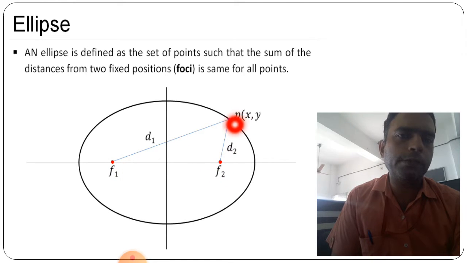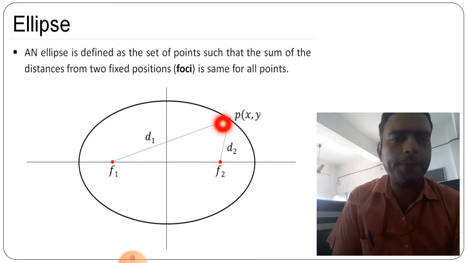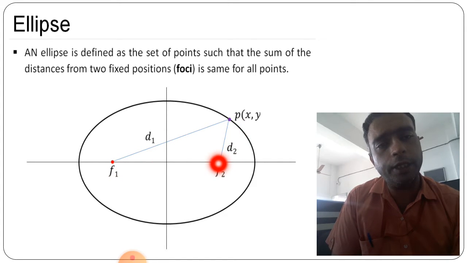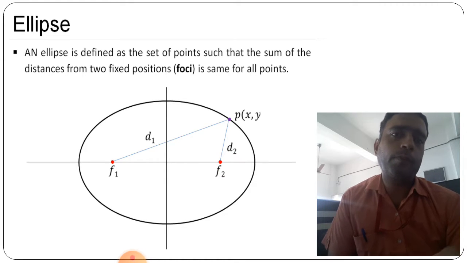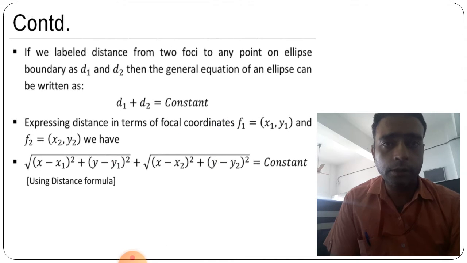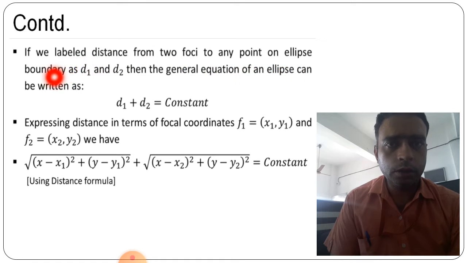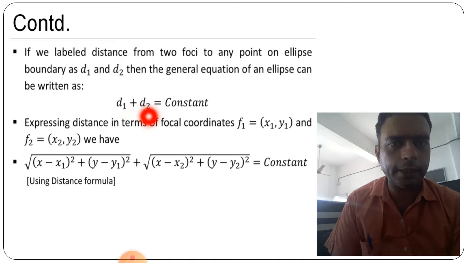And if we are taking P(x, y), a point on the ellipse, it is having distance d1 from the f1 part and distance d2 from the f2 part. So this is an ellipse having such a particular structure. Now if we label the distance from the two different foci to any point on the ellipse boundary as d1 and d2, then the general equation can be written like this: d1 plus d2 is